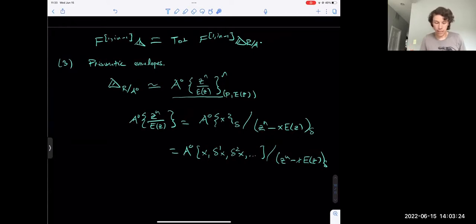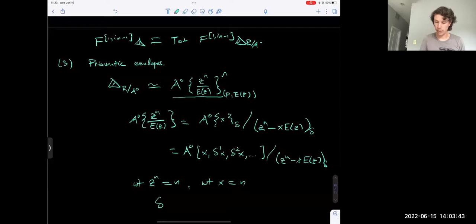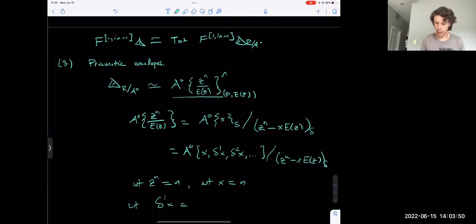And then what does that have to do with computations? Well, let me just try to convince you that this is helpful. So Z to the N, the weight of Z to the N is N. And since these are filtered delta rings, the weight of X has to be equal to N in order for this to be true. And that means that the weight of delta to the I of X has to be equal to